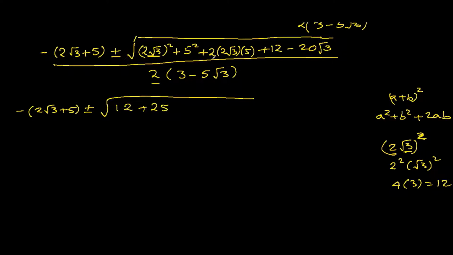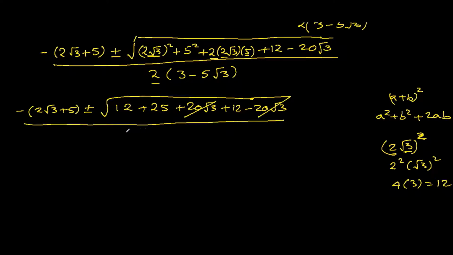And this is plus 2 times 2, 4 times 5 is 20 square root 3 plus 12 minus 20 square root 3. See, we have plus 20 square root 3 minus 20 square root 3 gone. Over 2 times (3 minus 5